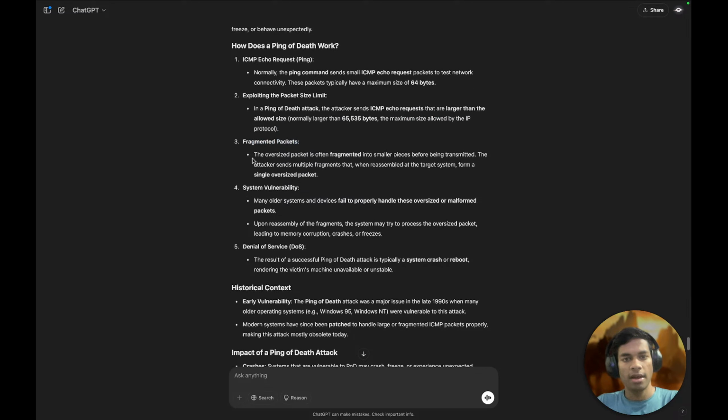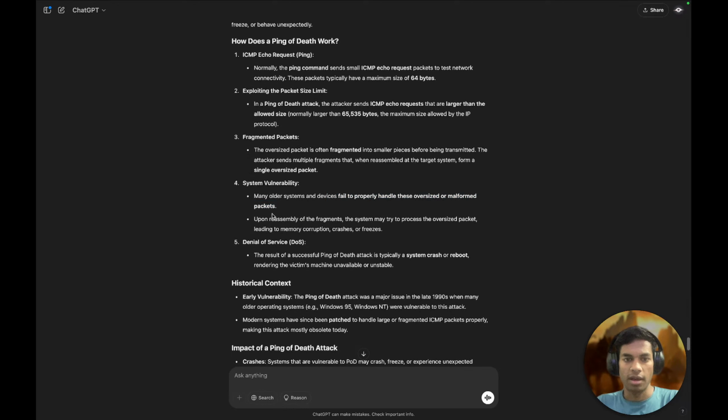Fragmented packets. The oversized packet is often fragmented into smaller pieces before being transmitted. The attacker sends multiple fragments that, when reassembled at the target system, form a single oversized packet. System vulnerabilities. Many older systems and devices fail to properly handle these oversized or malformed packets. Upon reassembly of the fragments, the system may try to process the oversized packet, leading to memory corruption, crashes, or